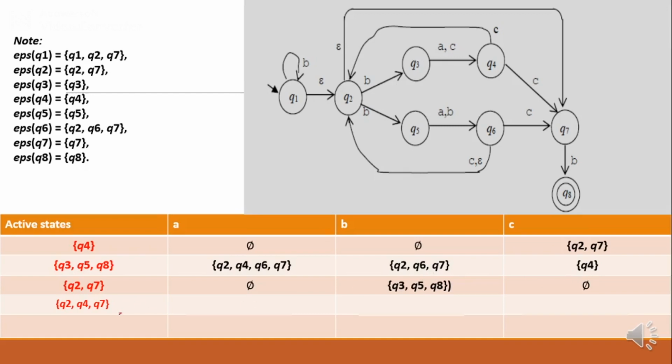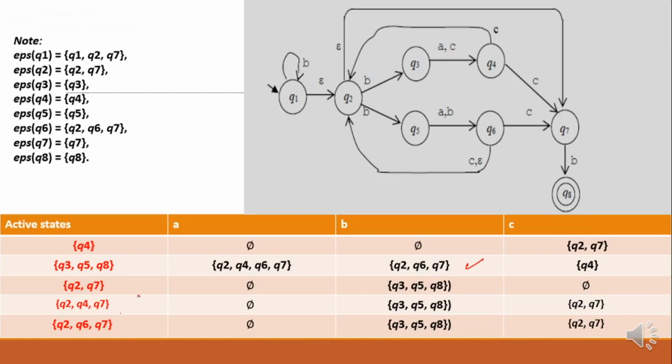We are getting states repeatedly, which are already existing. Q2, Q6, Q7, finally, gives me null, Q3, Q5, Q8 and Q2, Q7, and all these states are already present